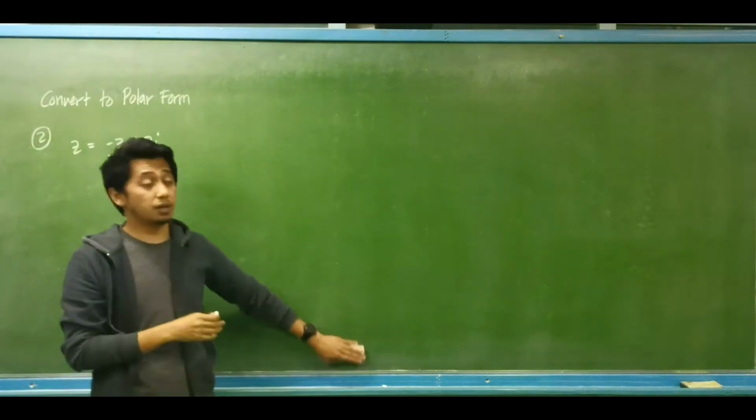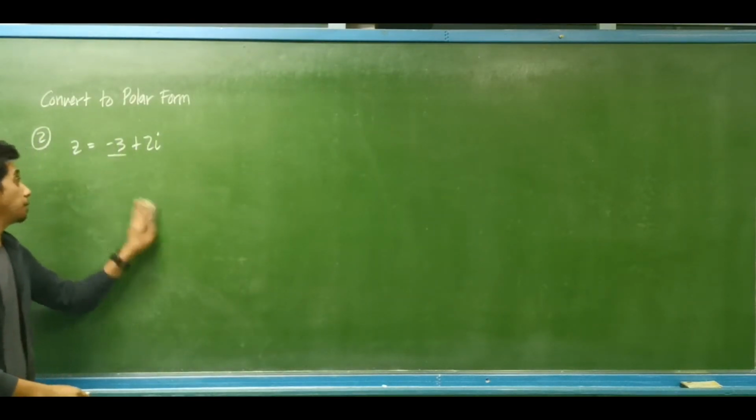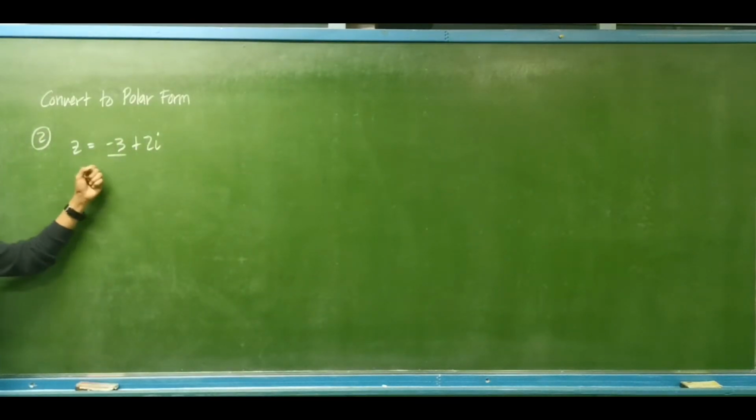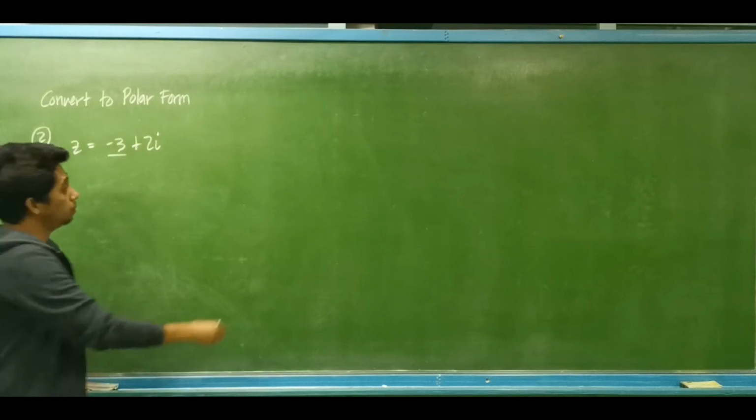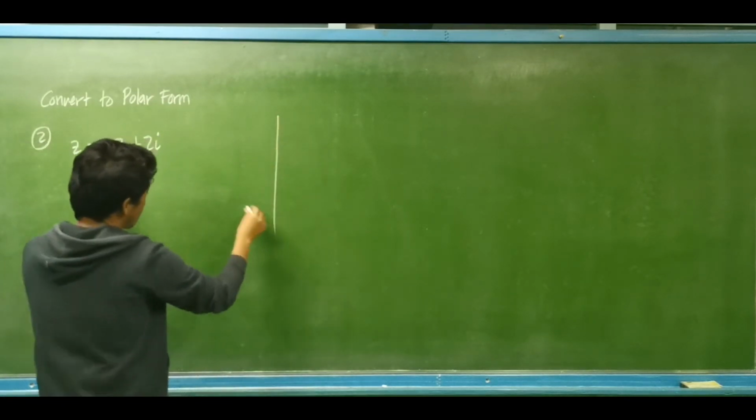So let's have another example. For example, convert to polar form the complex number z is equal to negative 3 plus 2i. If we are to plot that one, or this one,